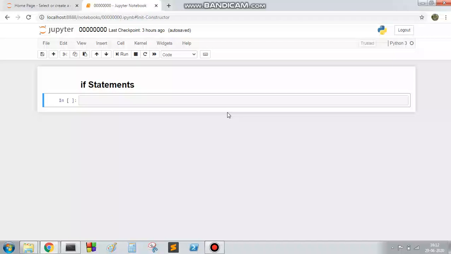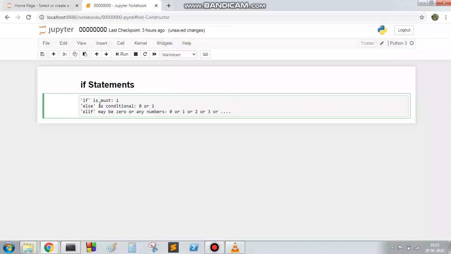The else part is optional, but the if part is a must. So if is a must, else is optional. That means it may be present or may not. But elif may be 0, 1, 2, 3, or any number of times we can use it.